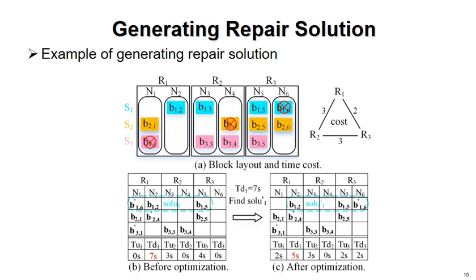As shown in Figure B, we can observe that the download link of R1 has the maximum transmission time of 7 seconds, and 3 solutions choose R1 as a requester. Therefore, the repair procedure is bottlenecked by the downlink of R1. To reduce the download time of R1, we choose R3 as a requester and substitute the solution in Figure C. Hence, the maximum transmission time of the new multi-stride repair solution in Figure C is reduced to 5 seconds after substituting.